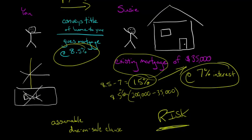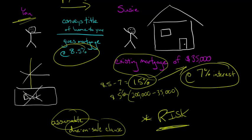And then also, even if you say the loan is assumable, or the bank's not going to give us problems with the due on sale clause, there's still risk with Susie, because what if you don't make payments? If you don't make payments to Susie, then Susie's going to have an issue, and she's not going to be able to pay her existing mortgage, in which case the bank might decide to foreclose, and Susie would be on